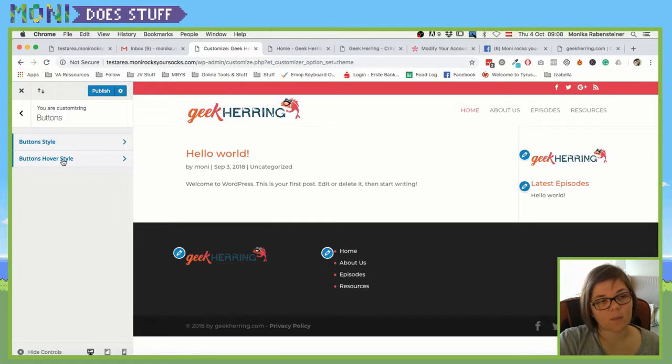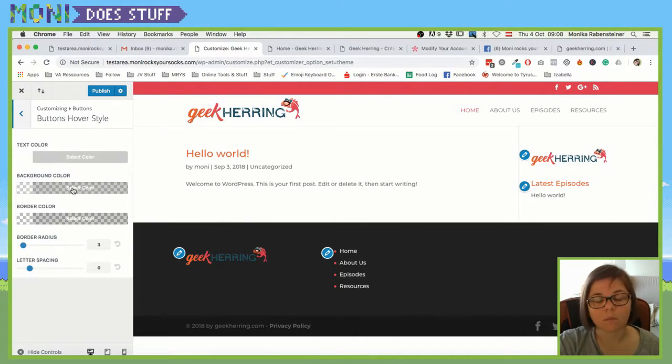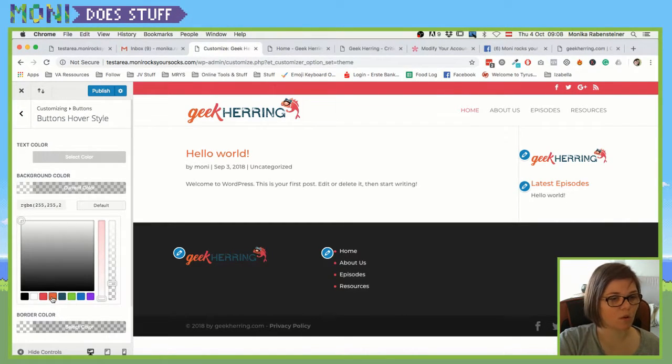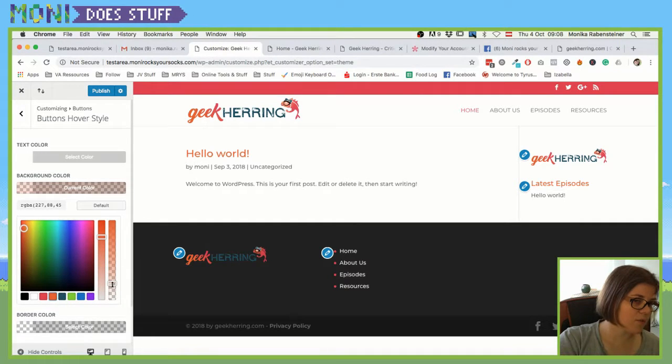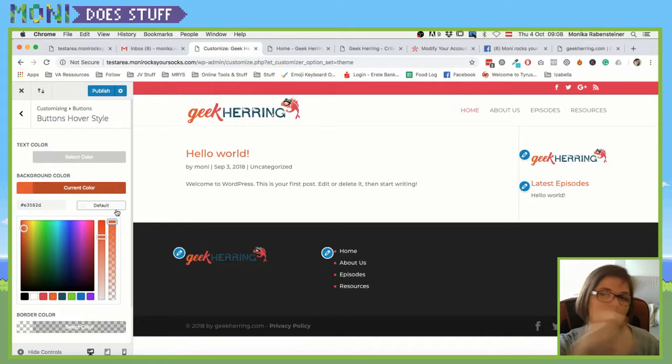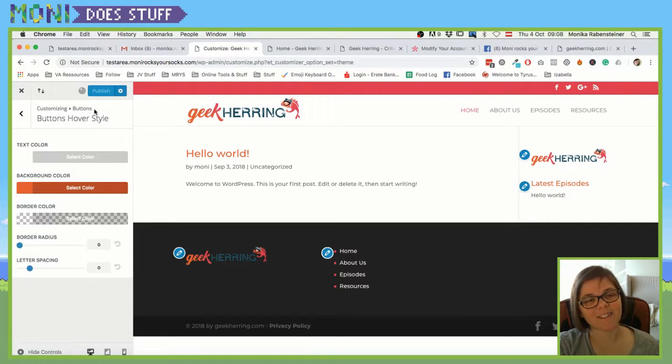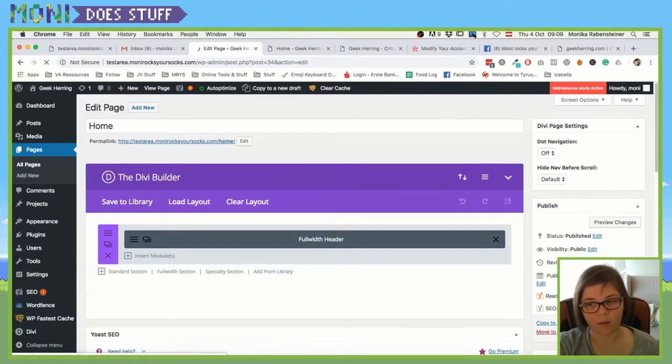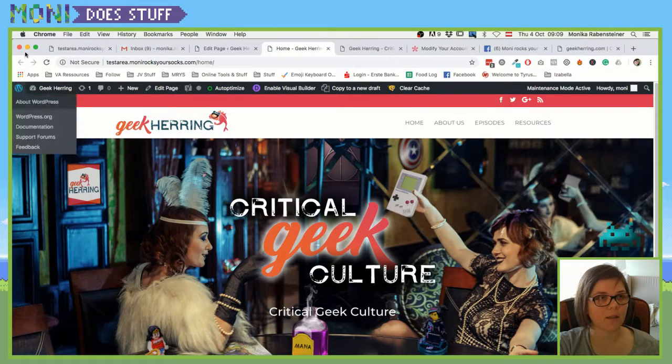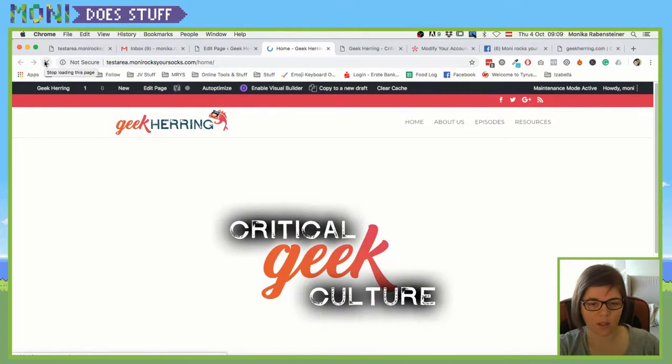And then you want to set up the button hover style, because again, no border, boo borders. Choose the orange as a background color. You will want it to be just a different color, because it makes people more aware if things are working when you have hover effects and stuff, or at least that's what I feel. Then we click on publish and you can then go back to the home page where we are now, and you should be able, now that I've saved the page and I reload the page, to see that,